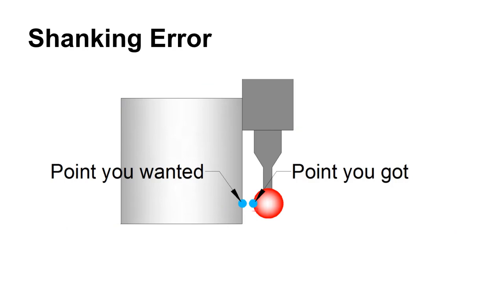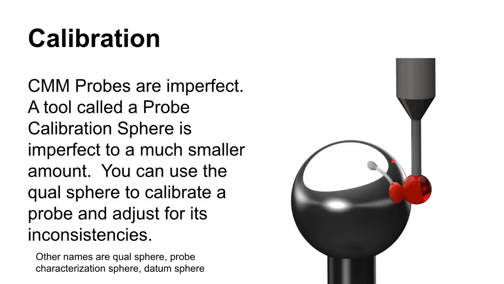And this is the result that you'll get from that. You'll think that you have this point, which is the one that you want, but what you'll in fact have is a different point. All right, so this is how you calibrate these spheres. The little rubies on the end of these are not perfect spheres, and what you want to know is what is the exact size of this ruby down here. So rubies don't really have gauge ball accuracy.